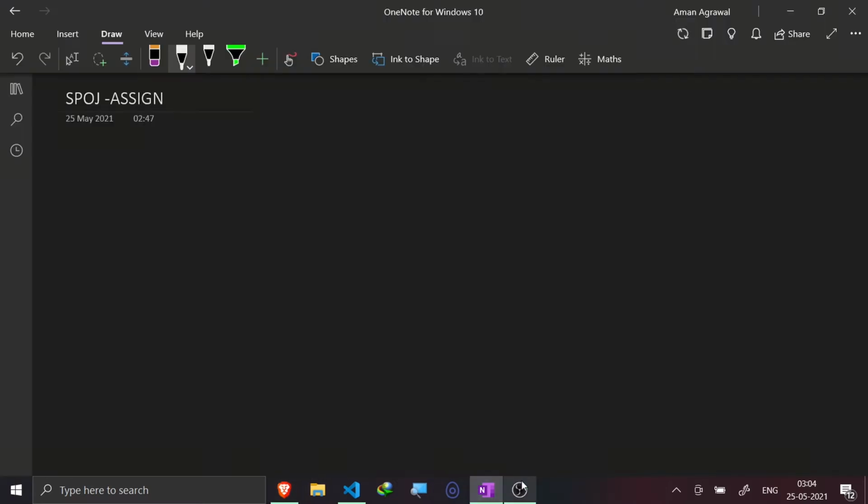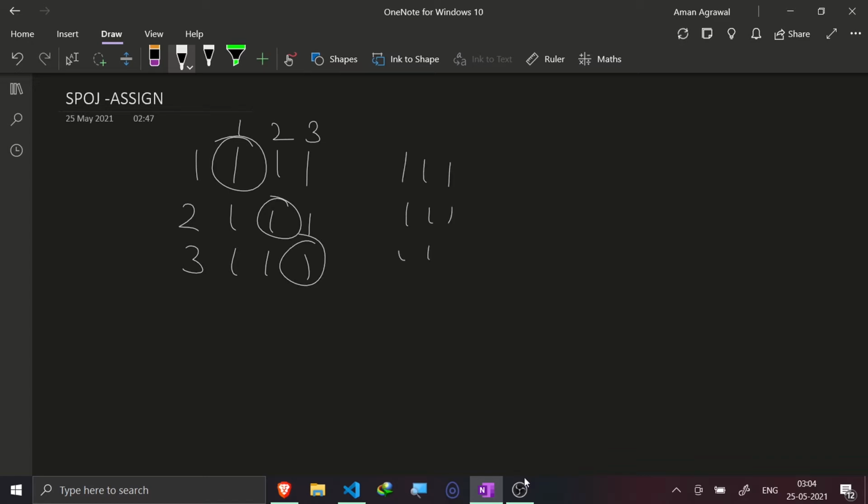Suppose I have this array. Now this is task number one, this is task number two, this is task number three, this is person one, person two, person three. Suppose I assign task one to this person, task two to him, task three to him, and similarly I can assign this to him, and this to him. So like this, I have to find the total number of possibilities.